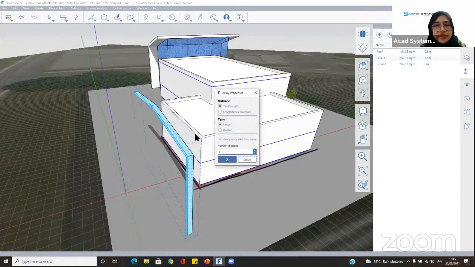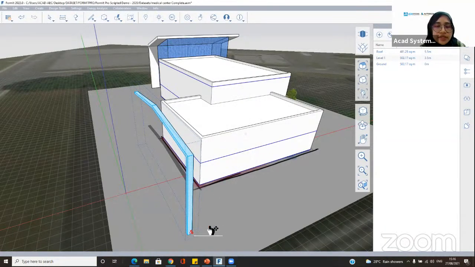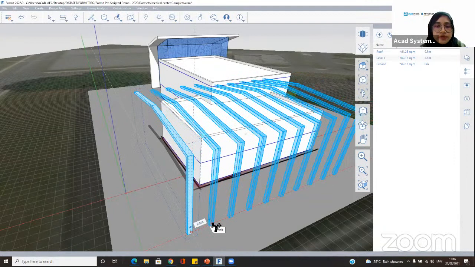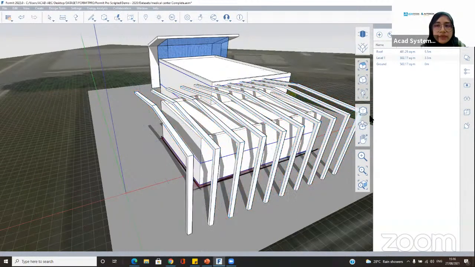So I click on this array, all right, so I can specify the distance or length between the copies. So I'm going to click on the length between copies, and then I can specify how many array copies that I want to have. So let's say that from here, I'm just going to have around 9, and I click on enter, and I click on the distance I want to have. Right, so let's be around 2.5 here. Yeah, that's creating